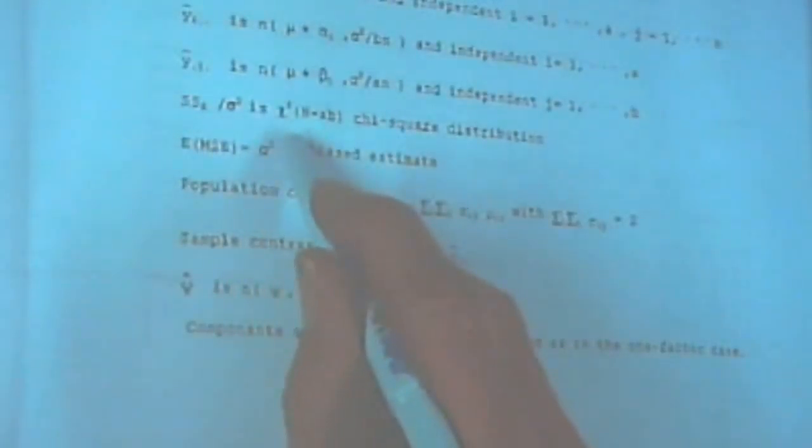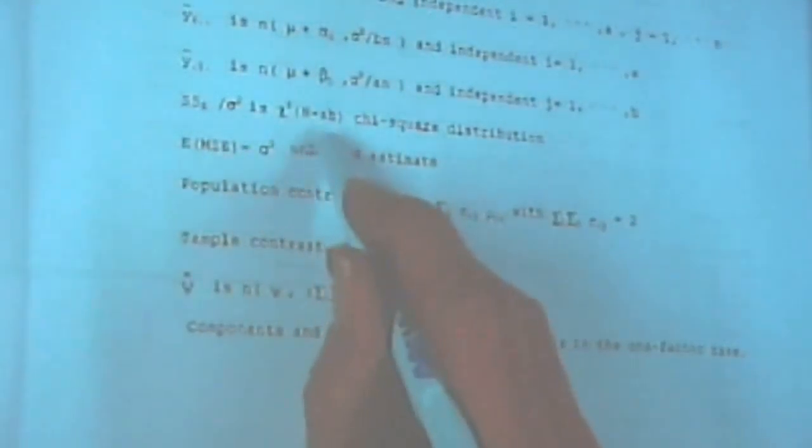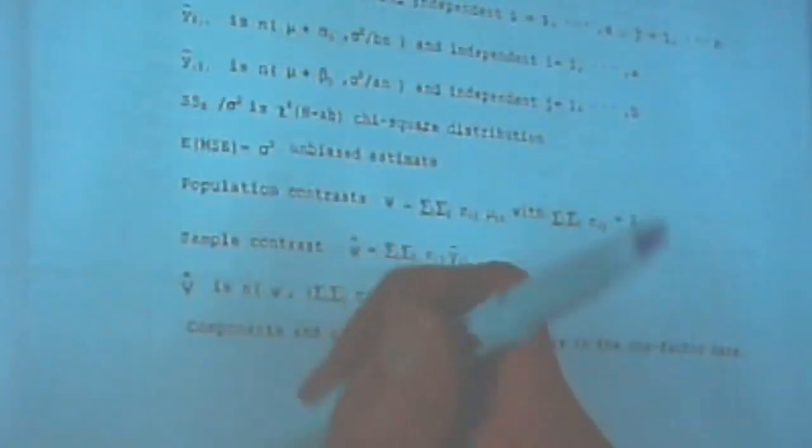So down here on the bottom, sum squared error over sigma squared is chi squared n minus ab. Where does that come from? Well, I think I can write that over here on the board. Probably well enough. If you remember when we defined sum squared error,